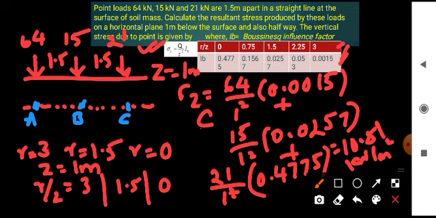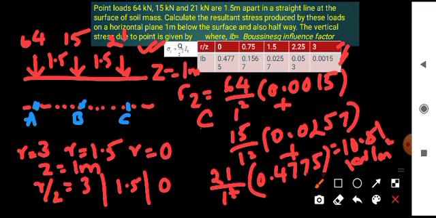So that is nothing but calculate the resultant stress produced by these loads on a horizontal plane 1 meter below the surface. So this is completed now. The extension is that we have to complete the problem by doing these calculations at midpoints also. Again as I said in the beginning, points D and E have to be considered for this. It is an exercise for you, so you can calculate the answers for those conditions.